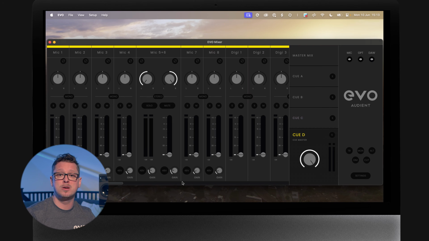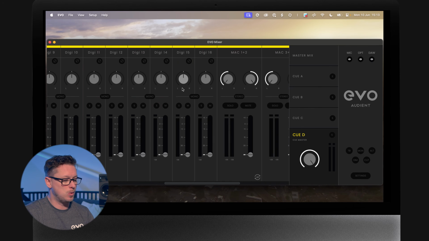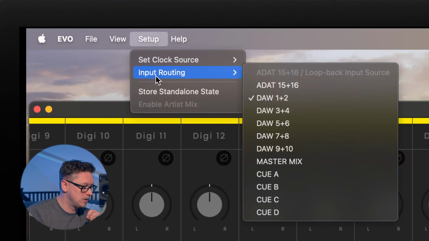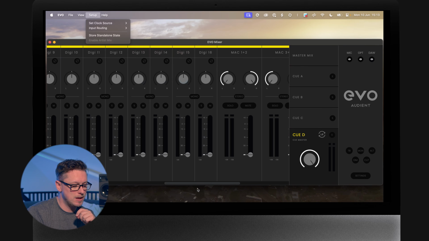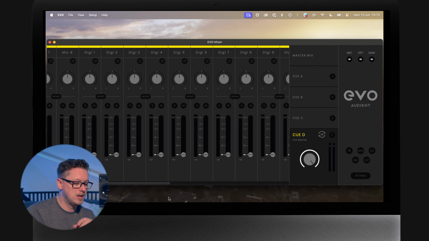And again, none of this affects the inputs going to your DAW. This is very much about what you hear in real time. And this can be used with the loopback feature. So what I would do quite often is have one of the Q mixes as a loopback. So QMix D. So if I go to setup, input routing for loopback source, I might have, say, QD as the loopback source, because that way I can have this Q mix with its volume at full,